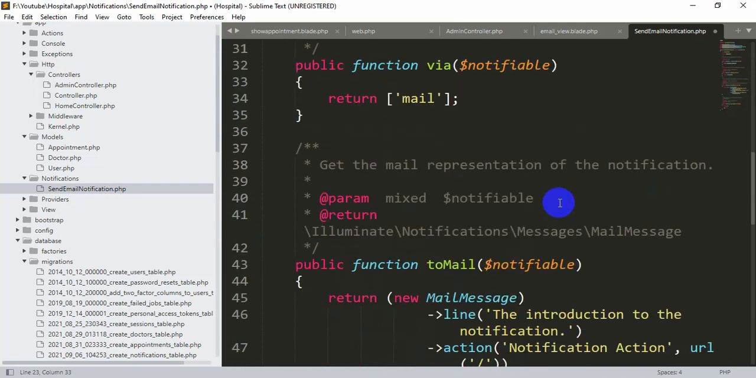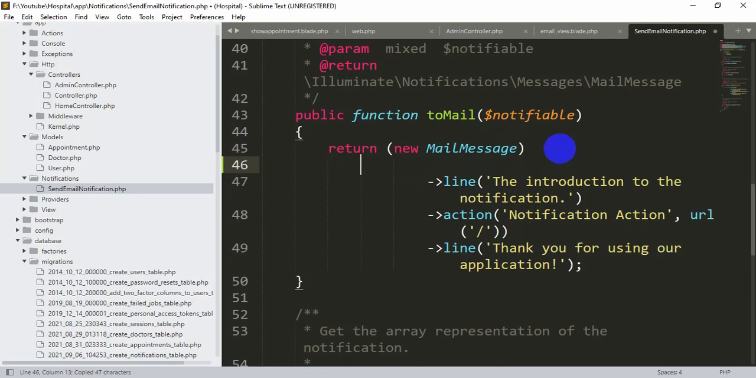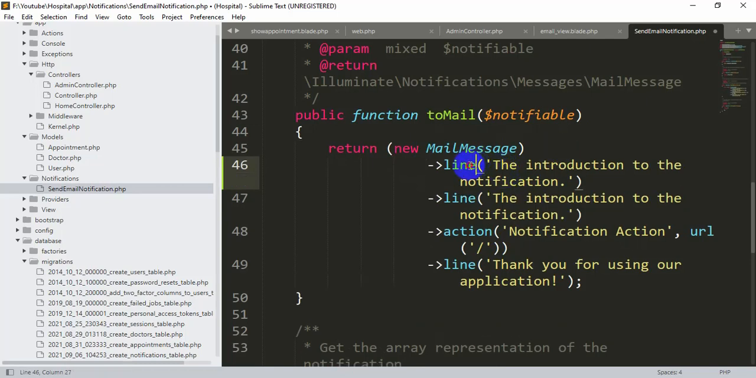Now we need to go down, and over here you can see public function toMail notifiable, and after that we have return new MailMessage. Now here you can see line, action, line, only 3 input fields, but you can have multiple of them. So let me just copy one of them, Ctrl+C, and let me show you, Ctrl+V, and here we are just going to say, let's say, greeting. So we are going to say over here greeting,